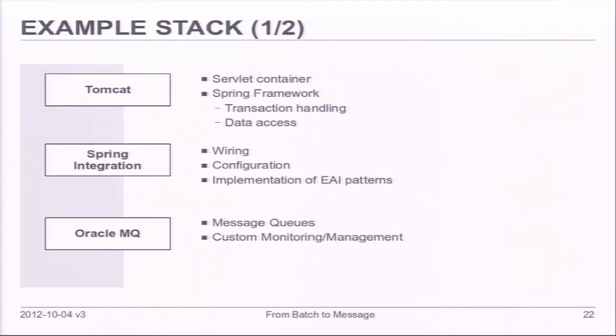And for that organization, they already had all the knowledge in the operation team to deploy Tomcats, so that wasn't an issue for them. Within that Tomcat, we use the Spring framework for transaction handling and for data access.